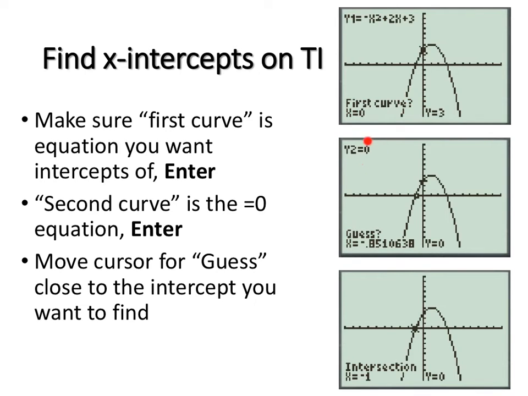Check to make sure this second curve is y equal to 0 and push enter. Lastly, you get to move your cursor around for a guess. This is really important. Because many equations have more than one x-intercept, you have to give the calculator a starting place. So you're going to put your cursor as close to the intercept as you want to find as possible,